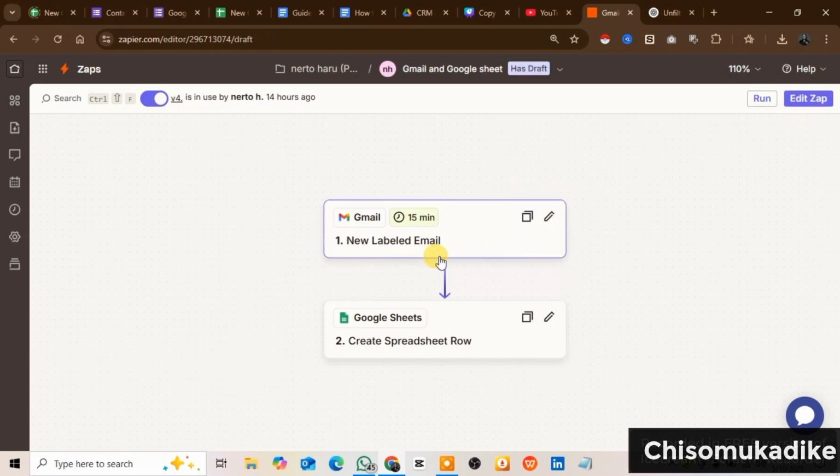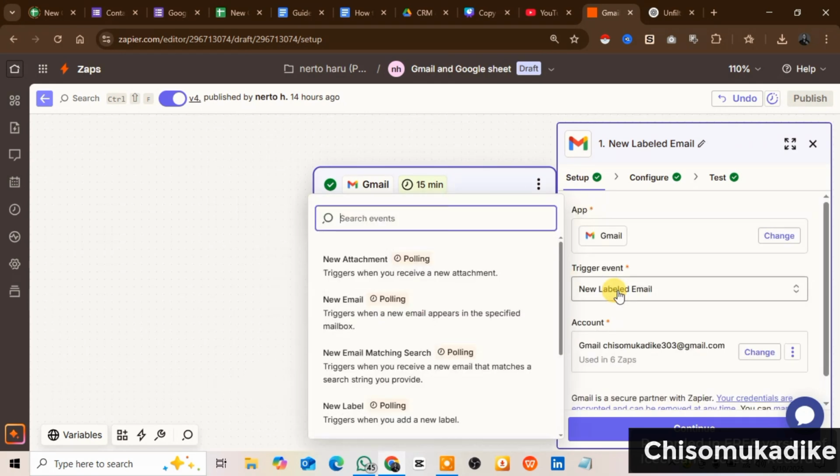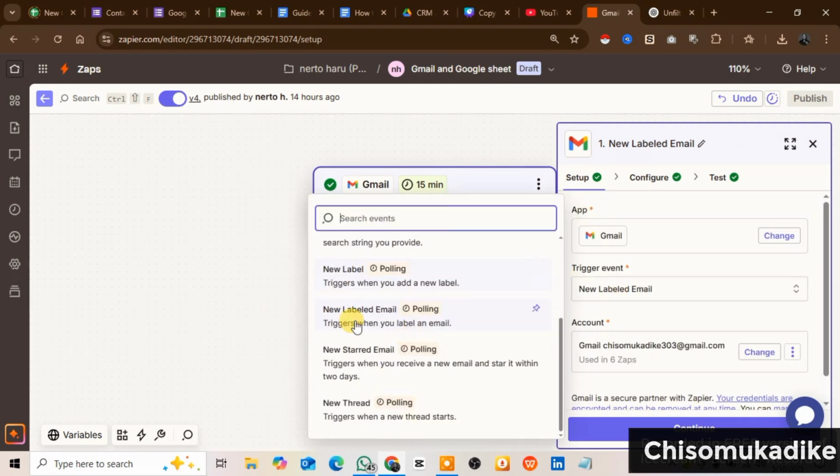The first thing I did here was my trigger is Gmail. Okay, my trigger is Gmail. I mentioned that my trigger is Gmail, and here now the trigger event is new labeled email. I'll tell you why I do this. New labeled email. I chose new labeled email because